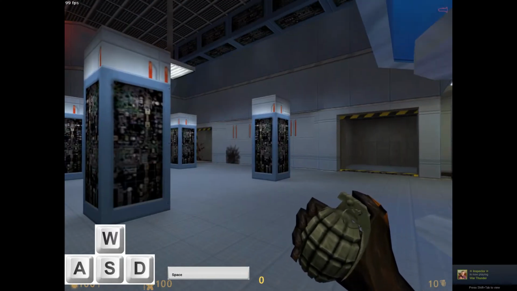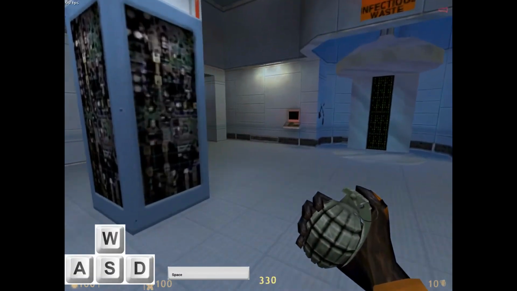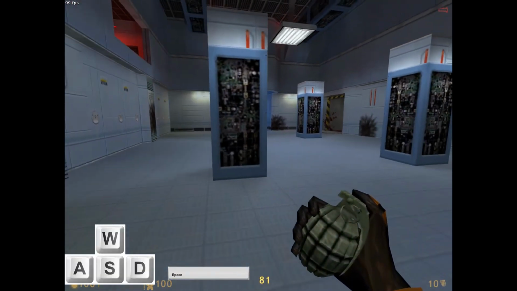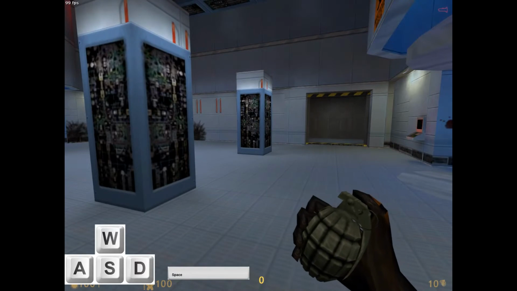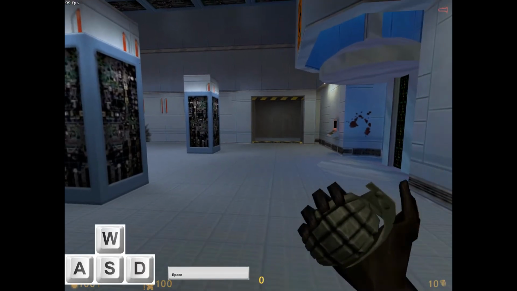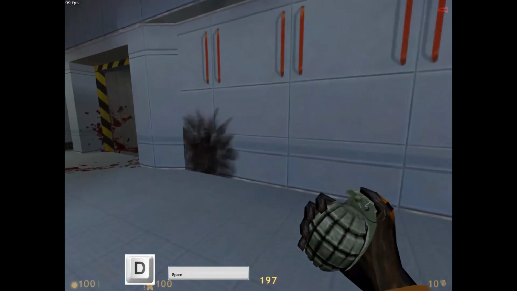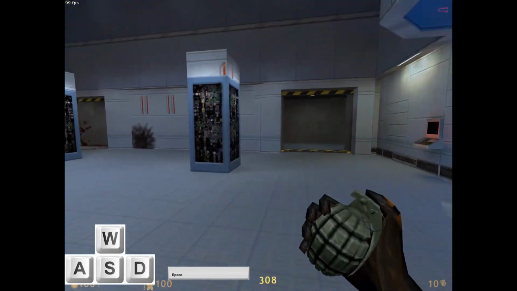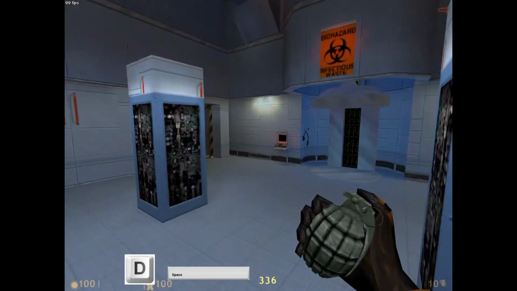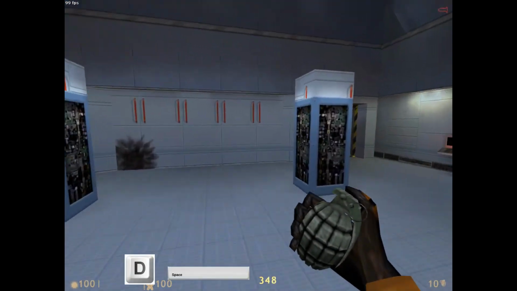Now you want to do the same momentum like this, but then right as you do your second jump, you want to go in the other direction, strafing. So in my case, I will go left and then right. So left, right, just like that. And if you're going this way with strafing, you want to do right, left,